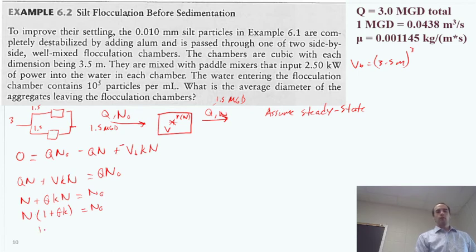So I'm just going to leave 1 plus theta k over here. That's going to be equal to n naught over n. Of course, we could have divided both sides and then decided to flip it again. We would arrive at the same destination, but here now we have an equation for n naught over n,